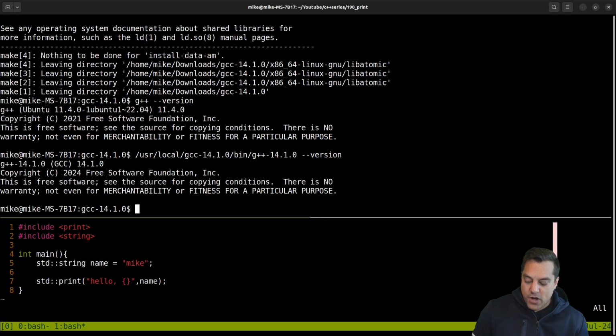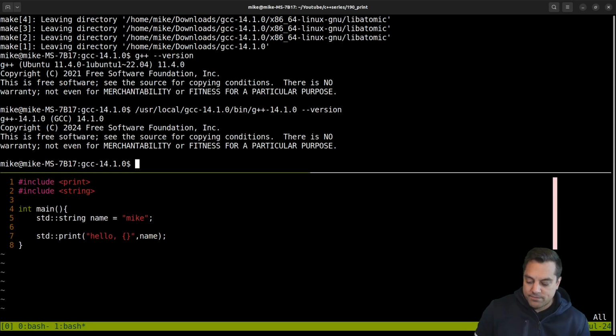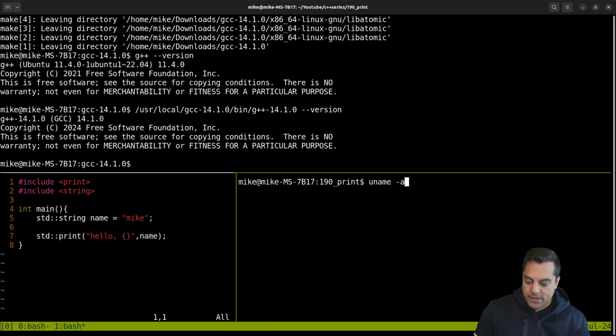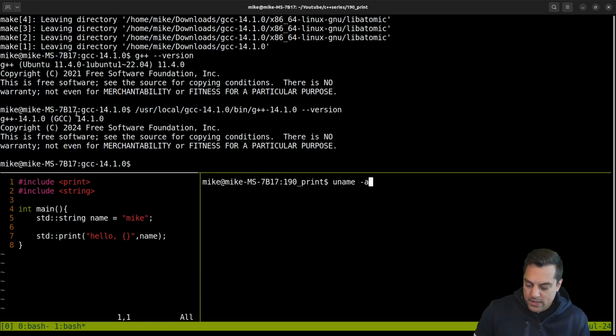So now we can actually try running this program here, and then we'll figure out how to make it just a little bit more convenient for building. So let's go ahead and just type it out here, no problem. User local GCC 14-1, the bin, G++ compiler. Let's see, we called this program